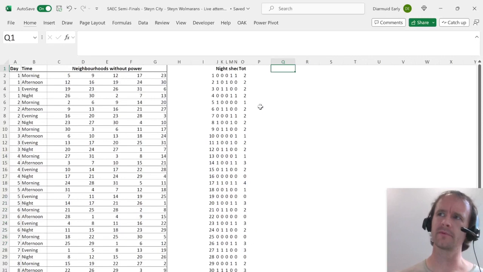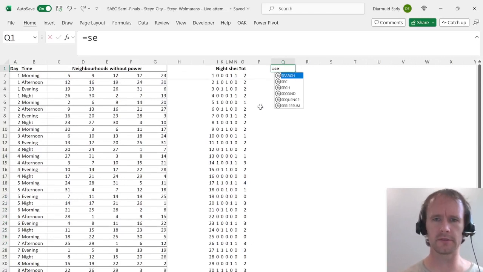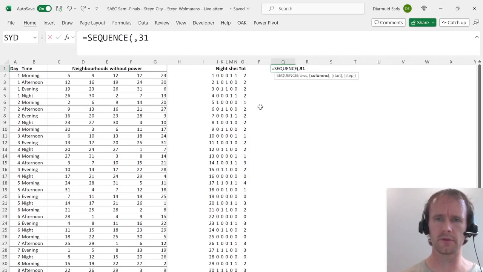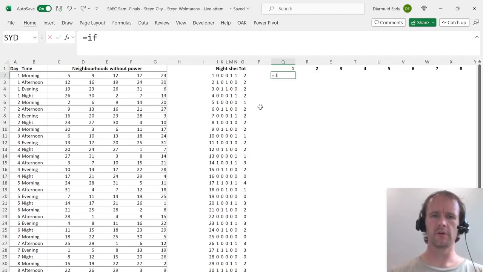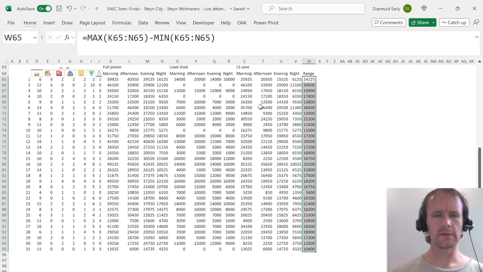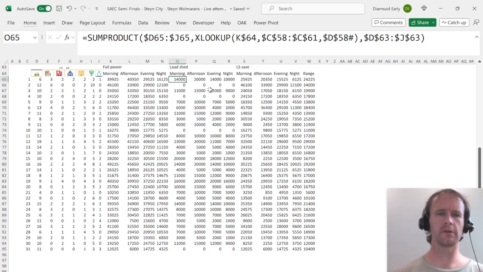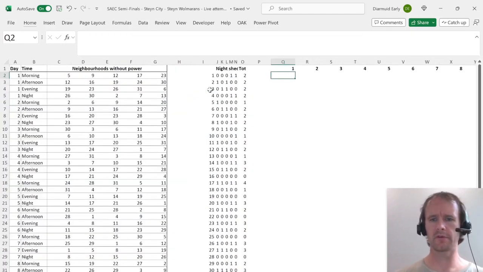What's the best way to do this? I think the best way to do this is to just figure out the power consumption of every neighborhood. Whoops, sorry, 31, not 21, in every period. So we're going to say if count ifs. Hang on, sorry. Okay, so full power, load shed, and then there's full power and boost. So I guess I'm going to say